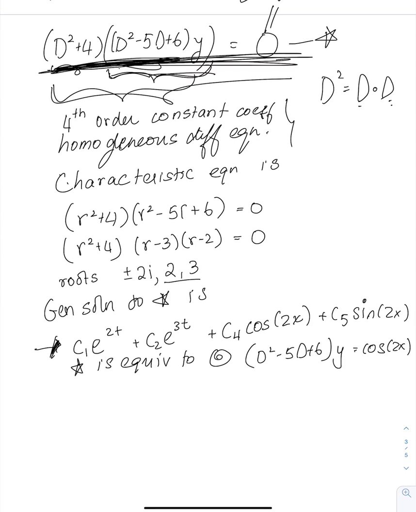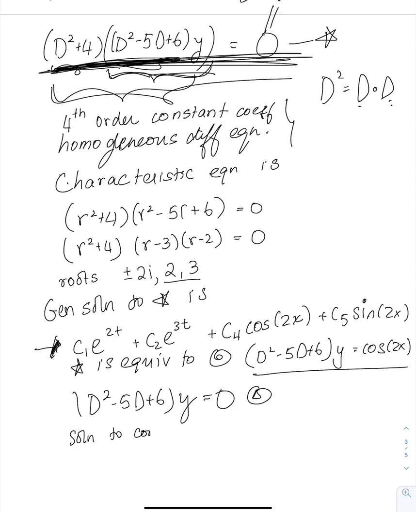Okay, so now take a look at this and look at the corresponding homogeneous one, d squared minus 5d plus 6y equals 0. Let's call that the triangle equation. Okay, what's the solution to a triangle equation? So solution to corresponding homogeneous equation